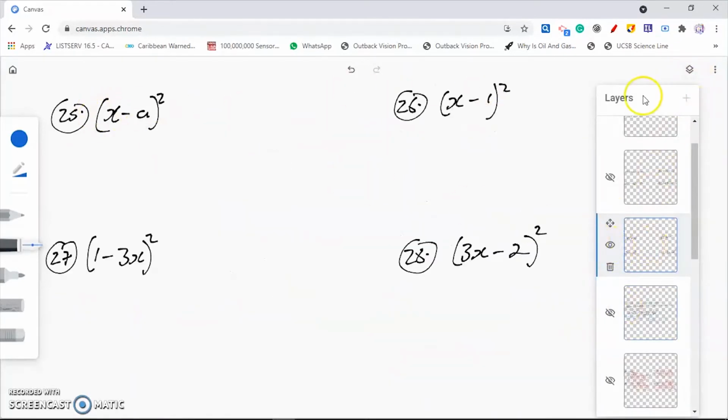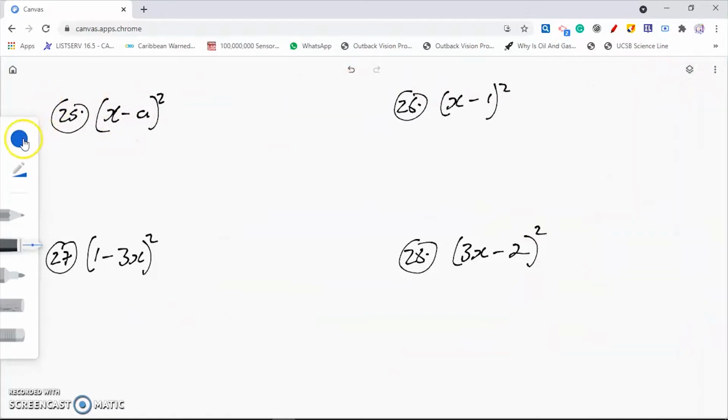So here we have number 25, (x minus a) all squared. So we say this is the same as x plus negative a, x plus negative a, all squared. And then we would say this is equal to x squared, or x raised to the power of 2